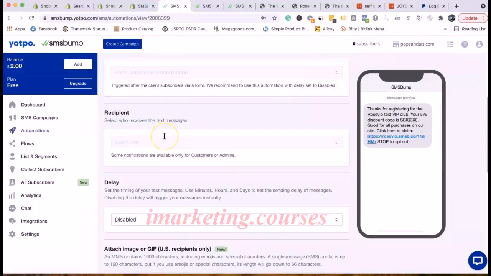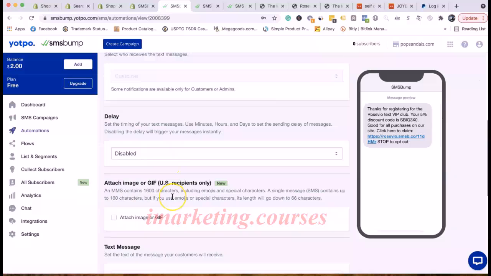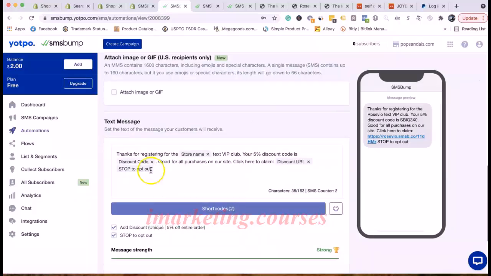So what you want to do here is there wouldn't be a delay. They'd get the message right away. You can edit this how you want. You know, thanks for registering for, and it puts your store name, VIP Club. Your 5% discount code is, you know, blah blah blah, and then good for all purchases on our site. Click here to claim, and then you put the discount URL, STOP to opt out. You could also put that it expires in 24 hours or something. Okay,